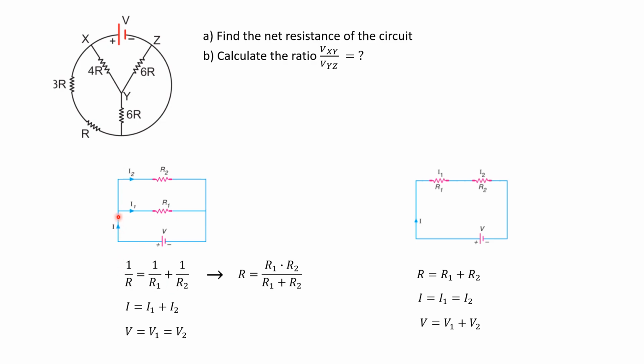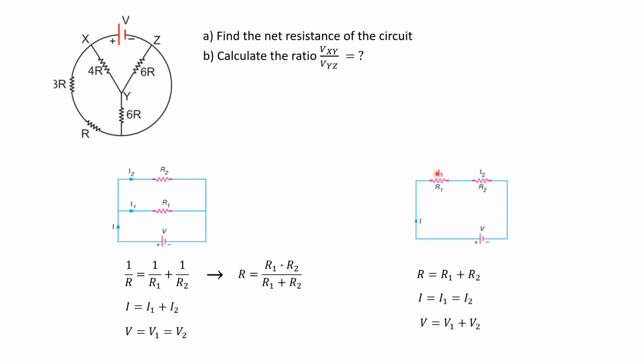The net current is the sum of the currents going through the first and the second resistor, which makes sense. Your current comes here, splits into two, and then at this point it combines back and goes into the battery. And the potential drop across the first and the second resistor is the same as the potential drop across the battery. In the case of series, your equivalent resistance is just the sum of the individual resistances,